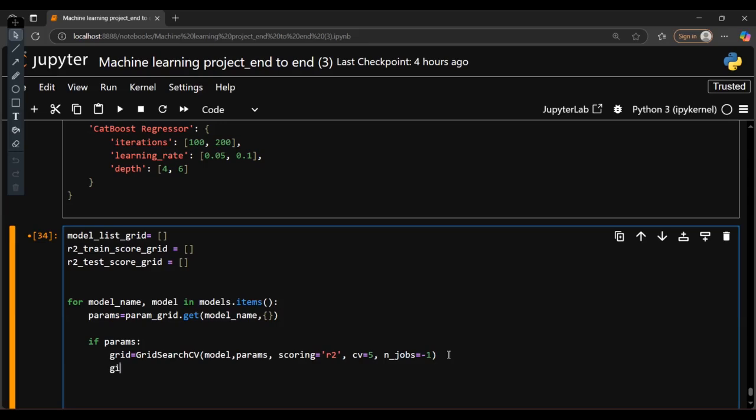Then finally, grid dot fit, X_train and y_train, then the best estimator, so grid dot best_estimator_, and that one is my best model. Okay, and I also need to find out the